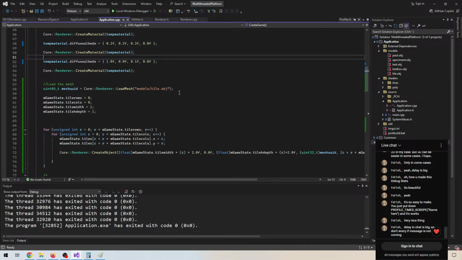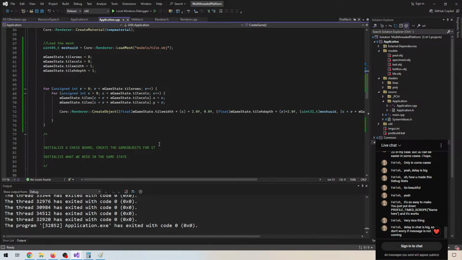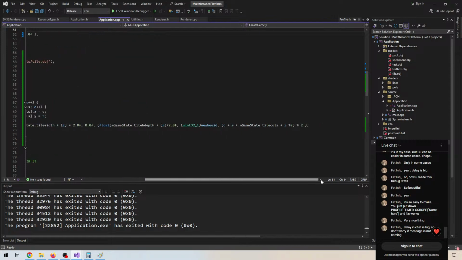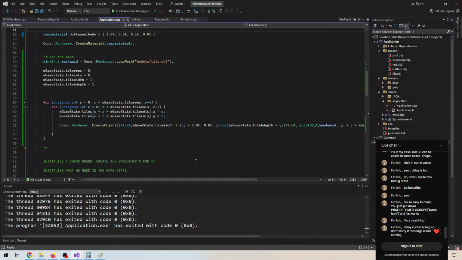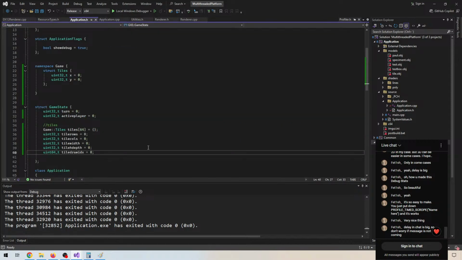Anyway, okay, we have now created a chessboard with a series of tiles. We color them accordingly, and right now our application holds 64 tiles